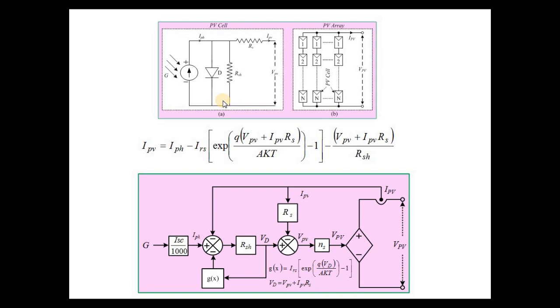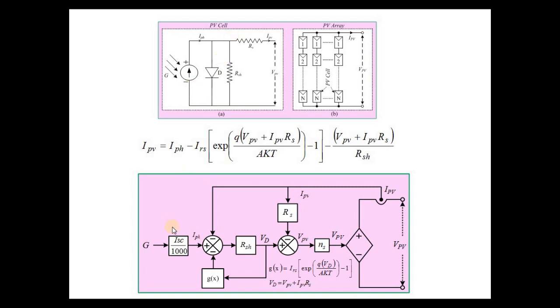But in higher MATLAB versions like 2016, 2018 or 2020, inbuilt PV systems are there. But in 2013 or lower, PV panels are not available in MATLAB. So when I was doing research in 2010, I modeled my PV cells by my own mathematical equations. I mean, I designed my own PV model in MATLAB, and generally this is now followed by MATLAB, and those things are also uploaded in MATLAB.